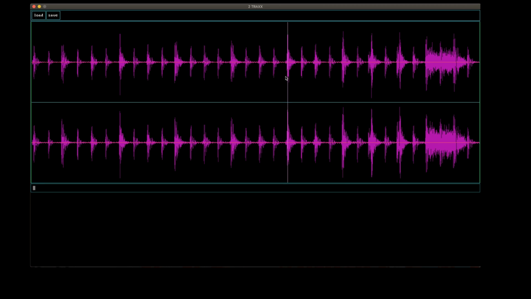I believe right now this file is 44.1 kilohertz, which is like CD audio, and my computer is playing back at 48,000 hertz, which is slightly better, and it's a nice round number. And so I'm having to use a cubic interpolation scheme when playing this back so that it plays back at the correct speed and still sounds good. And I'm not hearing any really nasty aliasing. It sounds about as good as comparable programs